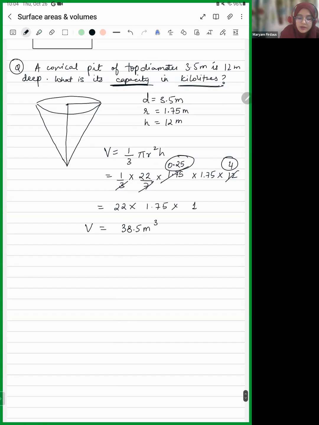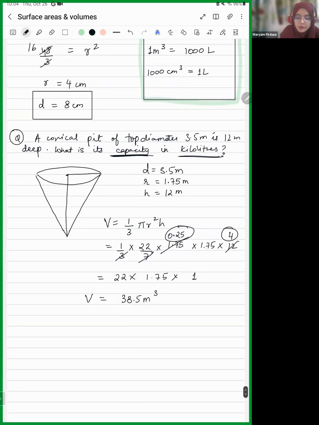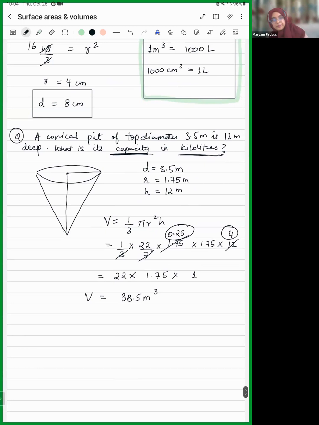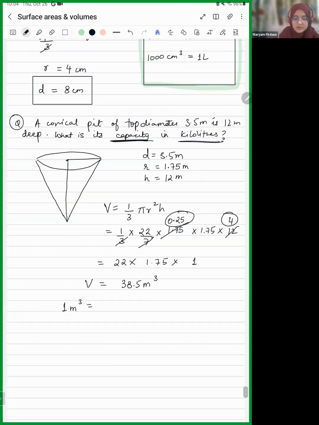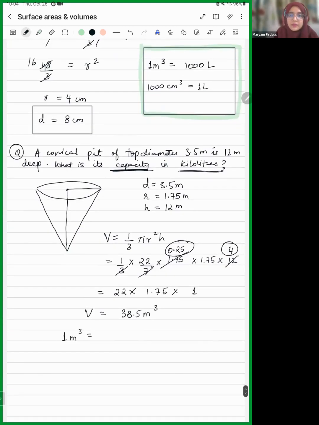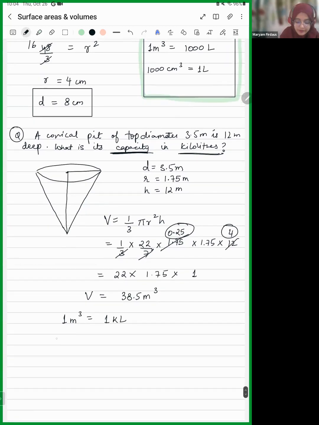So meter cube. But what we wanted to know was in kiloliters. So we know that 1 meter cube is equal to how many liters? 1 kiloliter, 1,000 liters or 1 kiloliter. So 38.5 meter cube will be how much? 38.5 kiloliters. Very good. So that is your final answer. So this is your volume is equal to